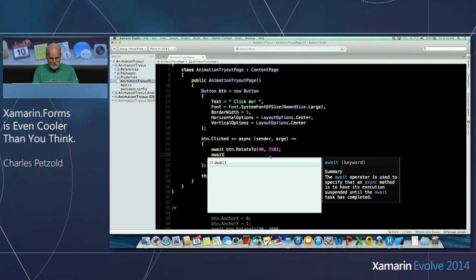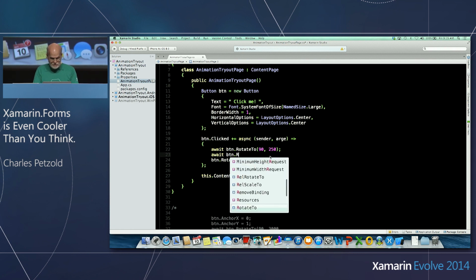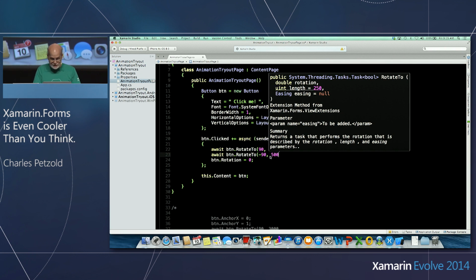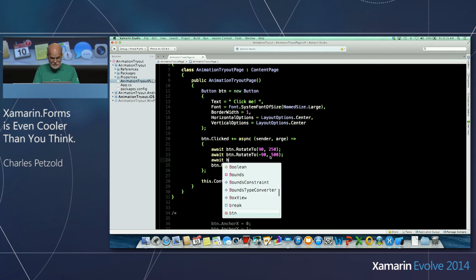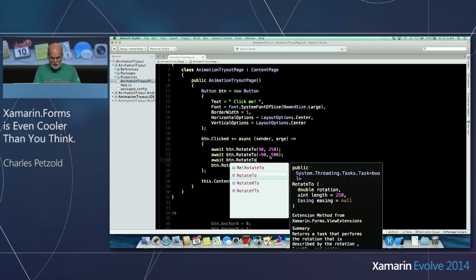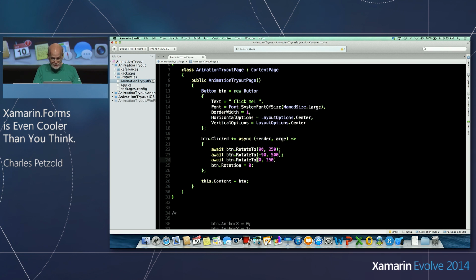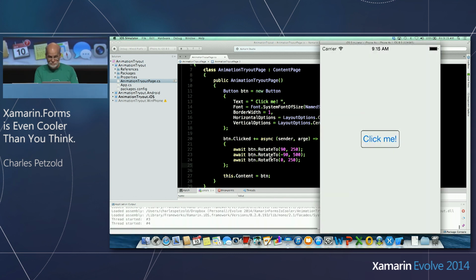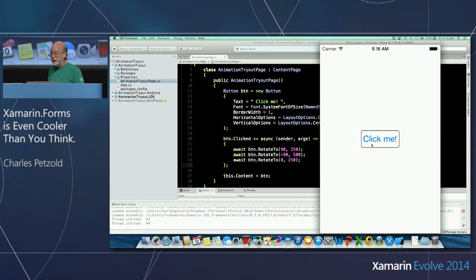Do the next one. Minus 90 degrees over 500 milliseconds. And then the last one, back to 0 over 250. And let's get rid of that statement. OK, let's try this. OK, simple keyframe animation. Now, when I realized I could do something like this, I knew that this animation system